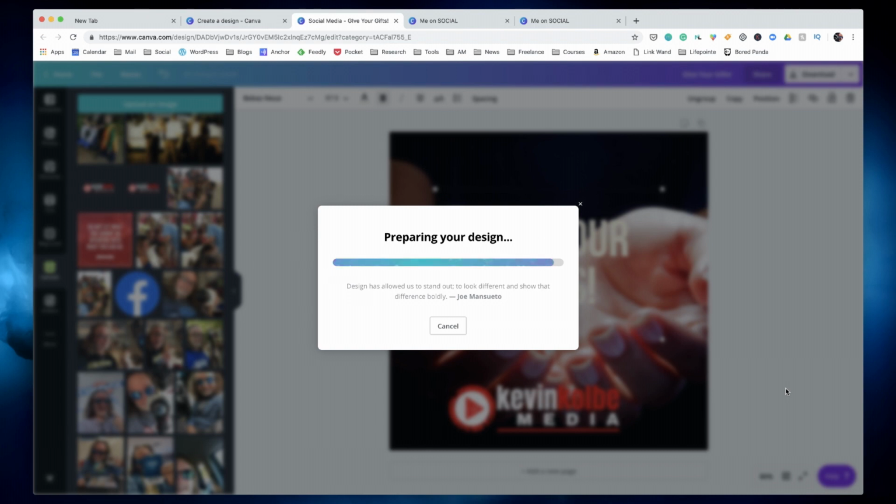Obviously, if you are on a very slow internet connection, that's going to have some impact. But in just a minute, it'll pop up and ask me where I want to save it. I usually just save it to my desktop, but I try not to run a lot of things on my desktop for a lot of reasons. Well, we don't need to keep sitting here looking at that. So let's go back to here. In a minute, it's going to pop up and say, hey, we're ready. There we go. I'm going to hit save.